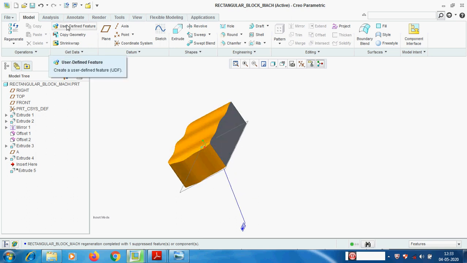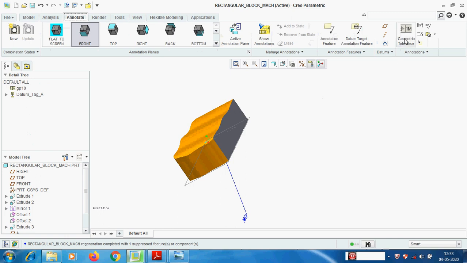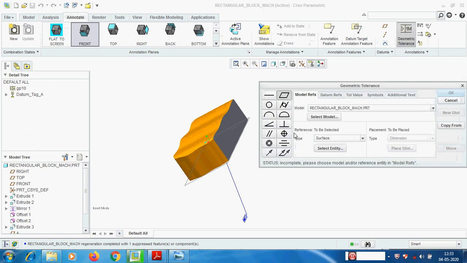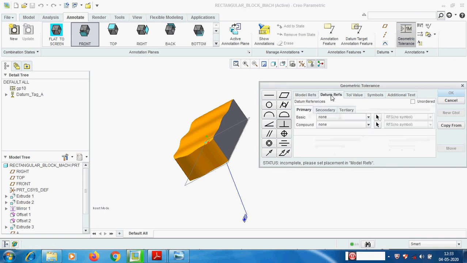I am assigning one more thing. Annotate. Go to this here. Now we can assign perpendicular. Here the same component, this surface. Select this surface. Datum reference. Here we have created only A, so we can refer only the A. See, to A,